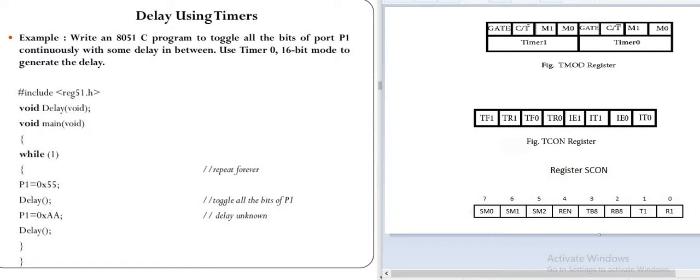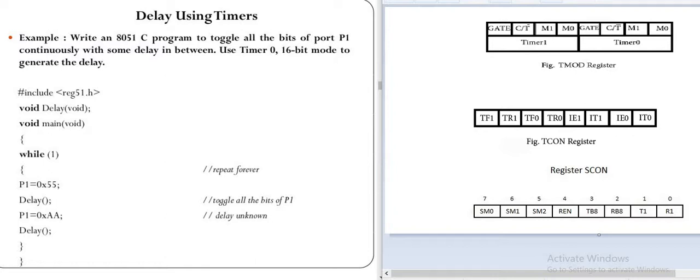You know that the microcontroller supports a total of two timers, timer 0 and timer 1, and both timers are 16 bits. Both timers can be controlled by two registers: the TMOD register, timer mode register, and the TCON register, timer control register. I have mentioned them over here.